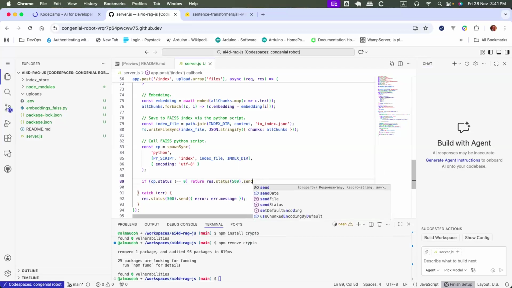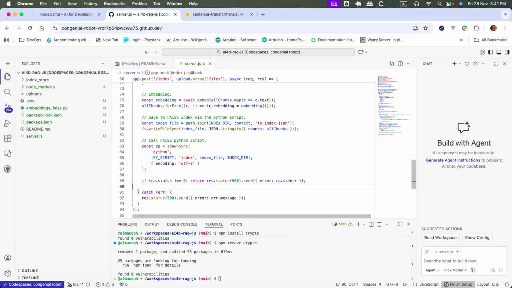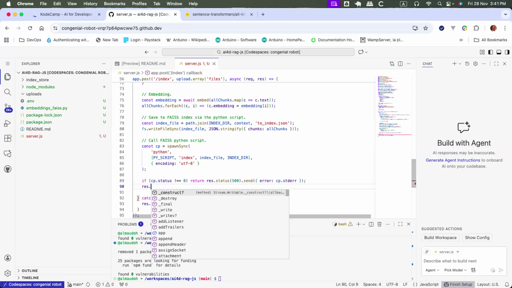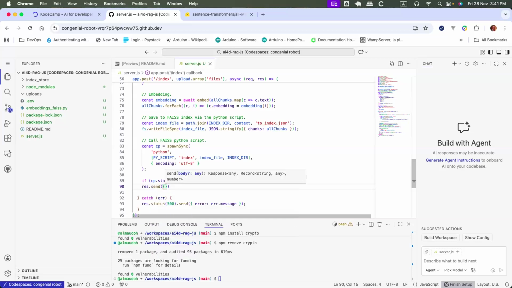And the error we will send will be the error message. But if we get to this point, that means everything was successful. So we will send an okay, meaning that we were successful, and send a message as well,